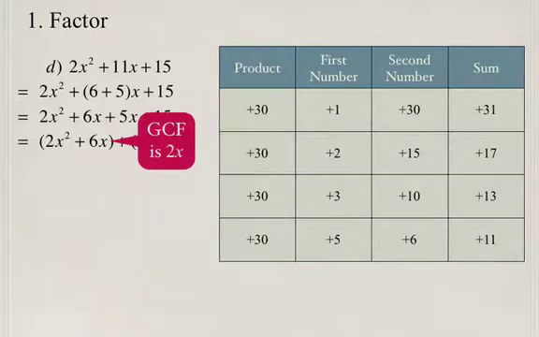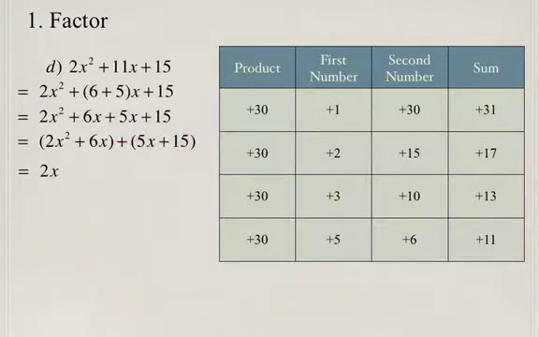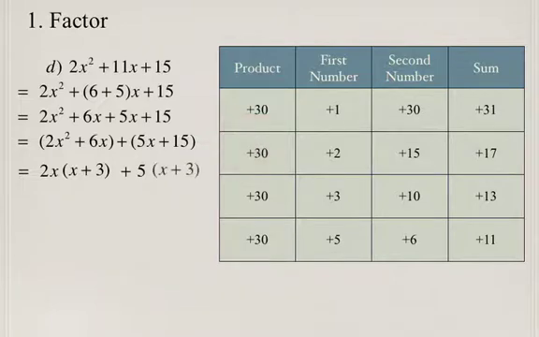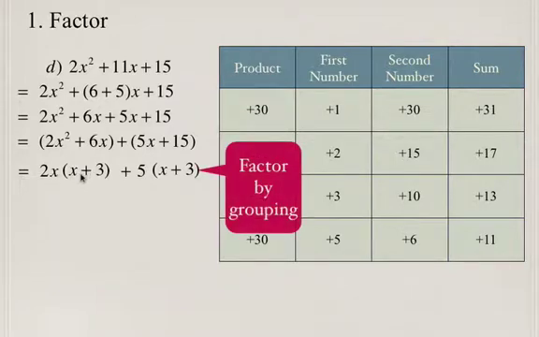For the first bracket, the greatest common factor is 2x. So we factor out the 2x, and 2x times x plus 3 is equal to 2x squared plus 3x. And the greatest common factor for the second bracket is 5, and we factor out the 5, we end up with x plus 3. And now we're going to factor by grouping, because x plus 3 is a common factor in both of these